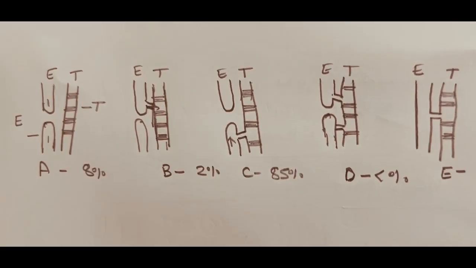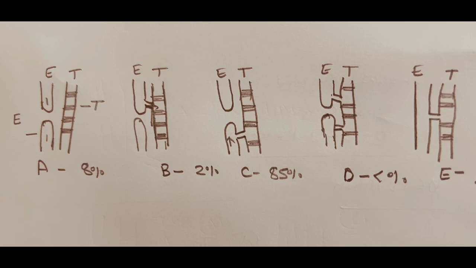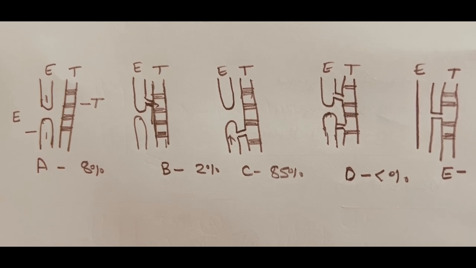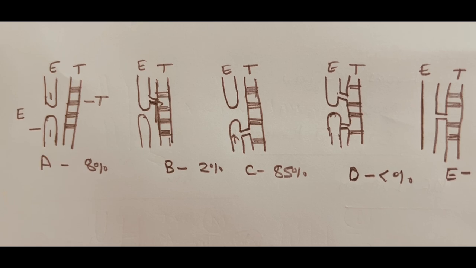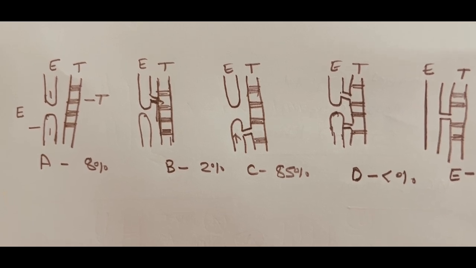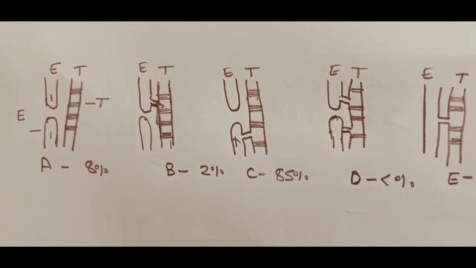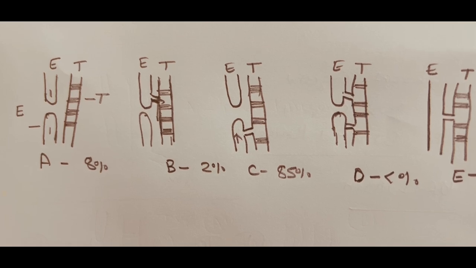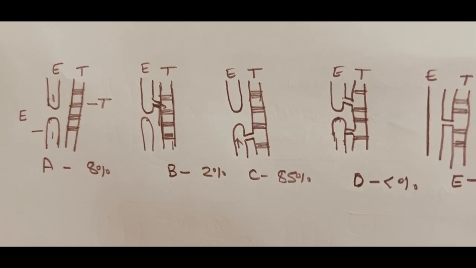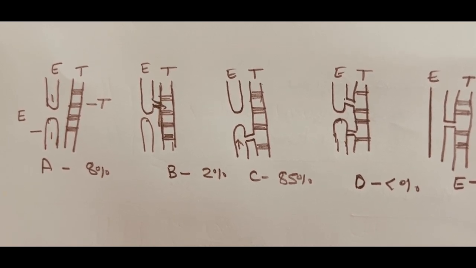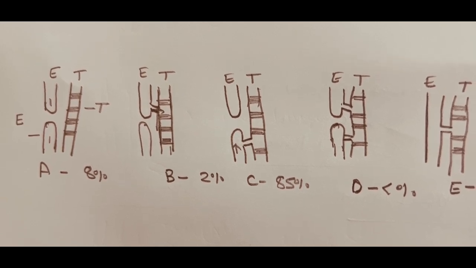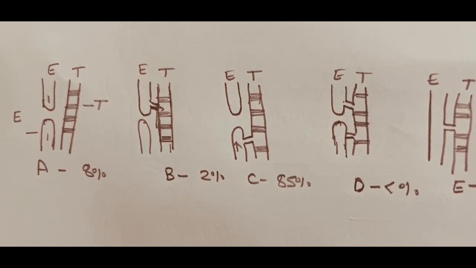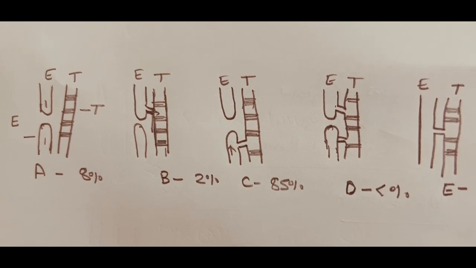Tracheoesophageal fistula is an abnormal communication between the trachea and esophagus. It's usually congenital but can also be acquired, often associated with esophageal atresia. It's five types. Type A, in which there is purely esophageal atresia, no fistula, about 8%. Type B, in which there is esophageal atresia with proximal fistula, you can see in the type B picture,